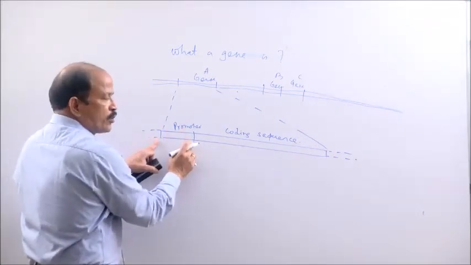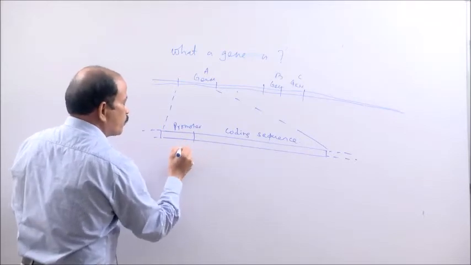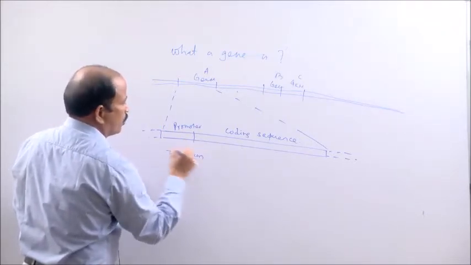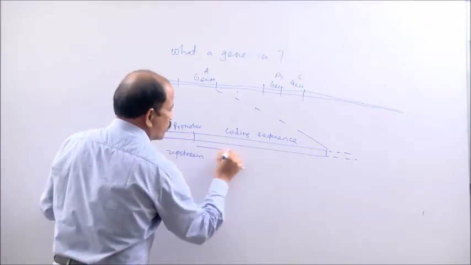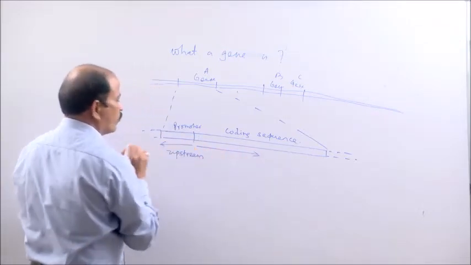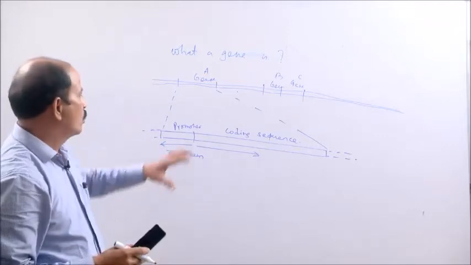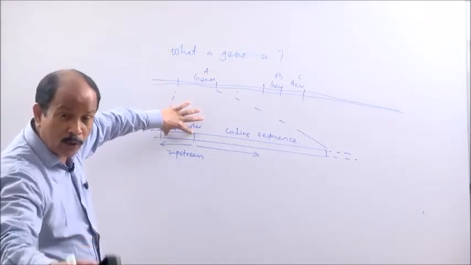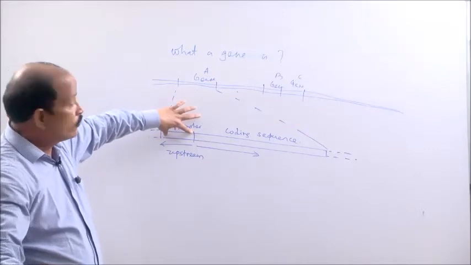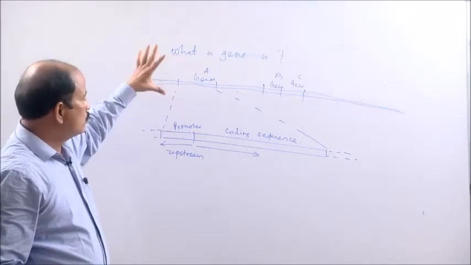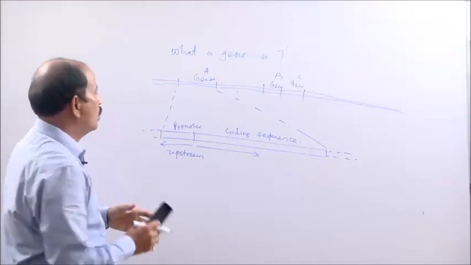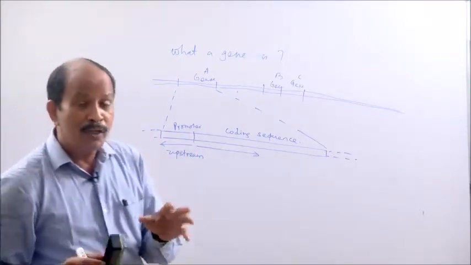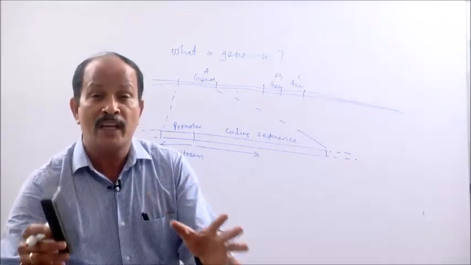The promoter is the site of the gene present upstream. It is present upstream of the gene, and the coding sequence is downstream. The nomenclature is like that. The promoter is the part of the gene that is regulatory in function. To the promoter RNA polymerase binds, because a gene, I told you, is meaningless if it is silent.